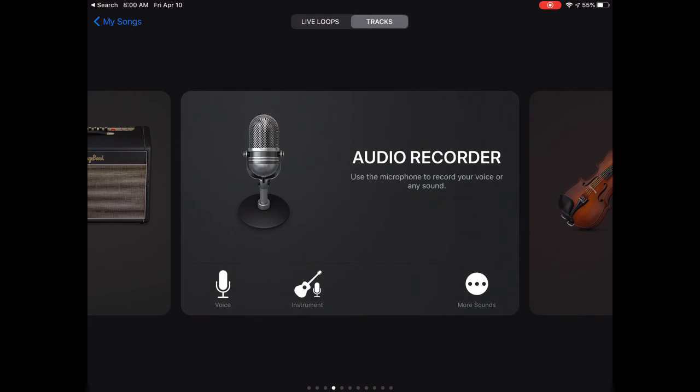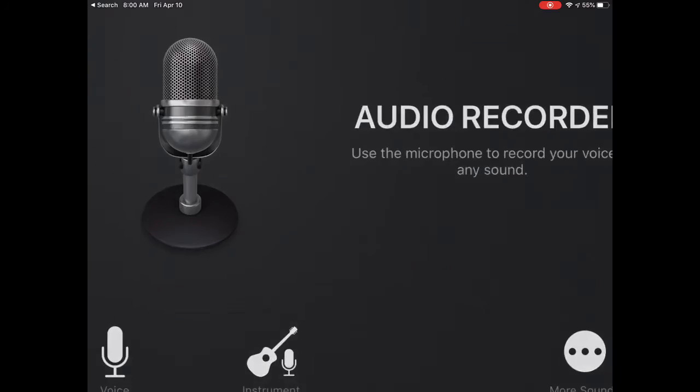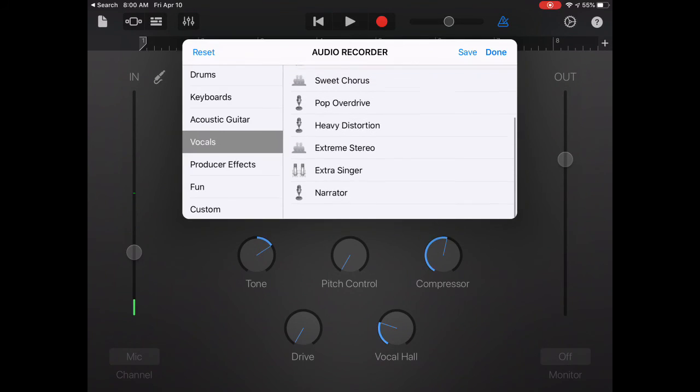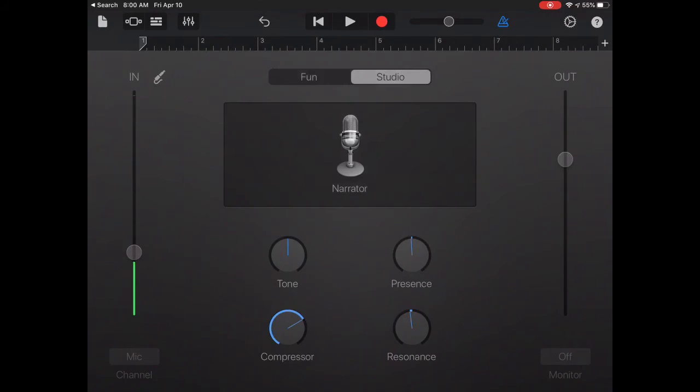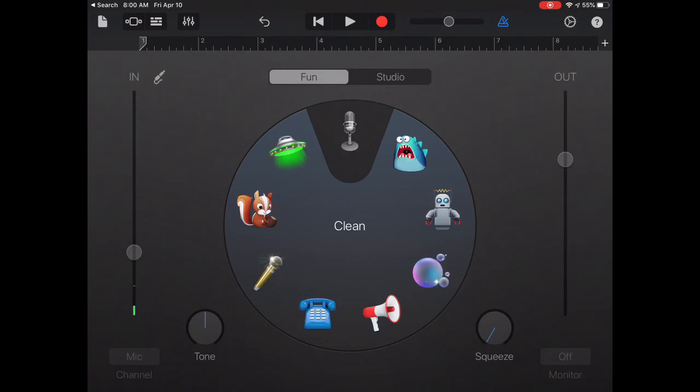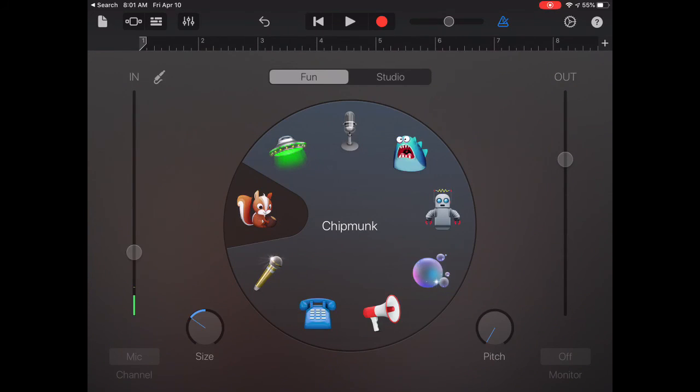So another really fun thing you can do to spice up your reading block is have kids record in the audio recorder using, again I'm going to change this to narrator, but if you come into the fun section here and just click OK to get rid of that, you've got some voice choices here. So if kids want to record kind of in a fun way, they could choose one that they want to do here. Maybe I will do a chipmunk, and I might record a passage, and so I'm just going to click the